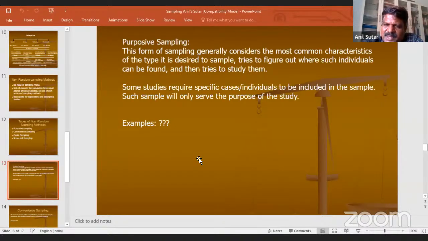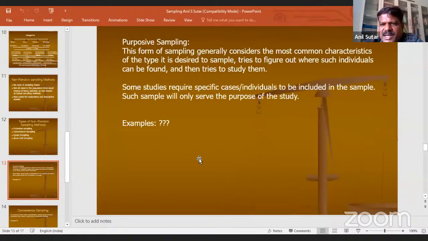The basic idea of purposive sampling is, in case of a particular kind of study, when you feel that random sampling is unimportant, or random sampling won't have any implication for your study result, then purposive sampling is the best method.